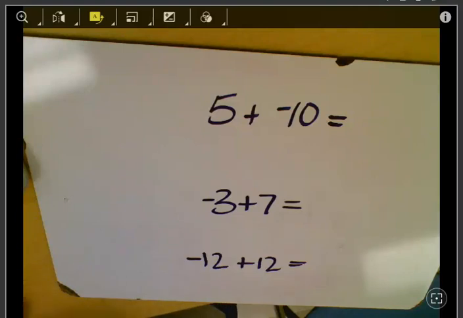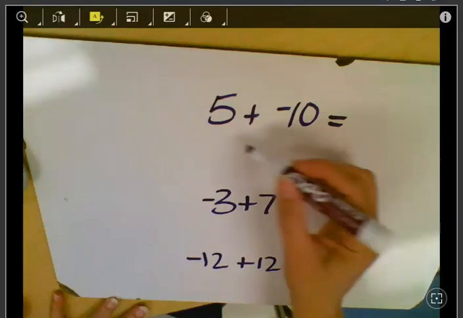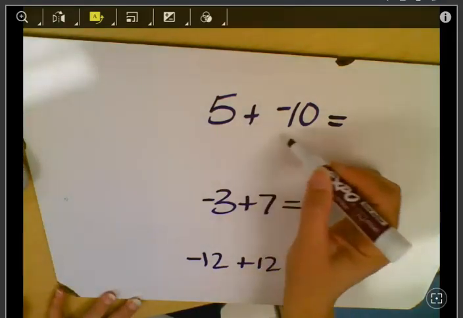Now we are going to try adding some integers that have different signs. And if you looked at the key ideas on the previous page, if you have different signs, you're going to subtract the absolute values and then use the sign of the integer with the greater value. So if you look at this, I'm going to actually, instead of adding, I'm going to subtract the two